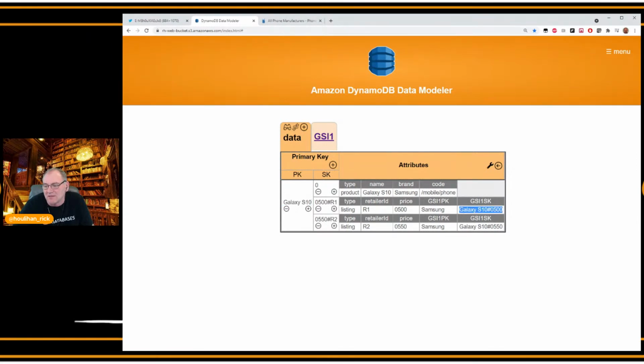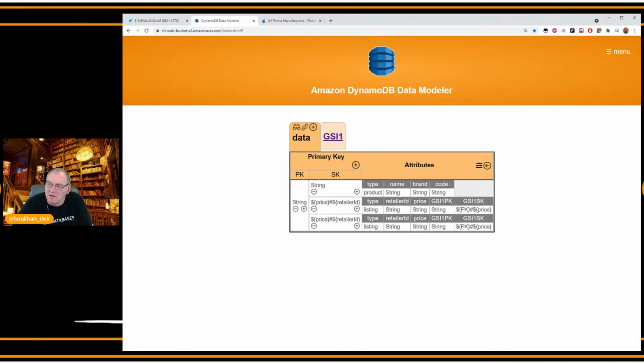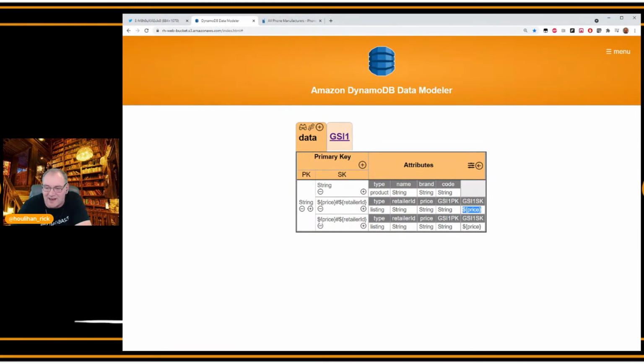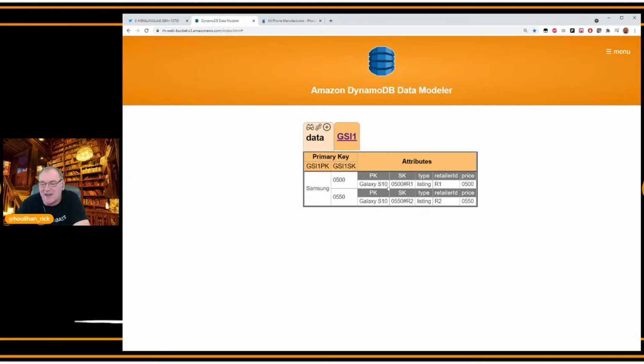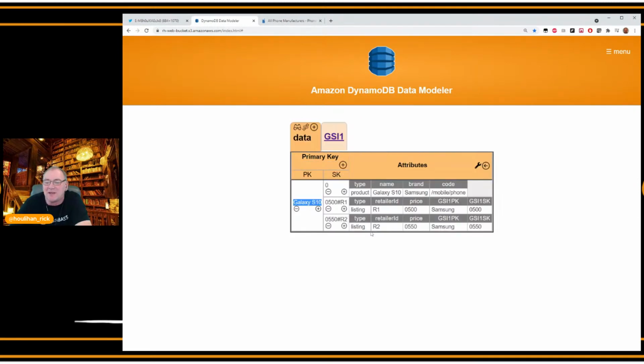I'm not sure if this particular one helps. I probably want to eliminate the PK from the sort key here. I don't even know if this is a useful access pattern. Again, I'm just theorizing, but this would be basically if I want all Samsung phones by price. Theoretically, I get the Galaxy S10 off the table, right? So if I'm querying for a Galaxy S10, I don't need an index on Samsung phones prefixed on the phone model. In this case, now, if I have multiple Samsung phones, we can add